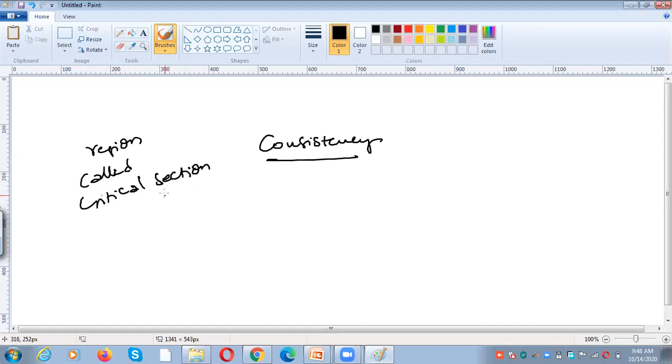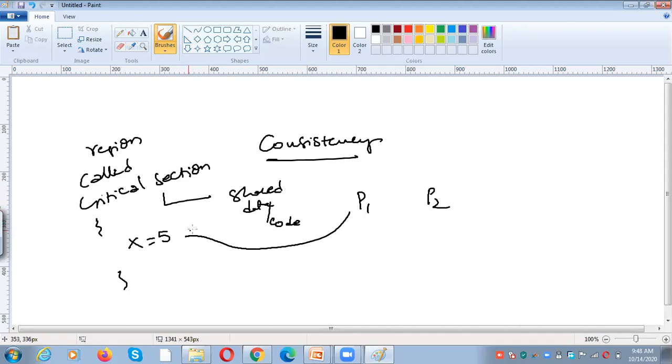Okay. What does a critical section consist of? Shared data or code, whatever it may be, that will be kept in the critical section. For example, if you want to perform some operation on x, so x equal to 5, it is shared data. So whenever process P1 wants to use the variable x, process 1 first enters into the critical section,